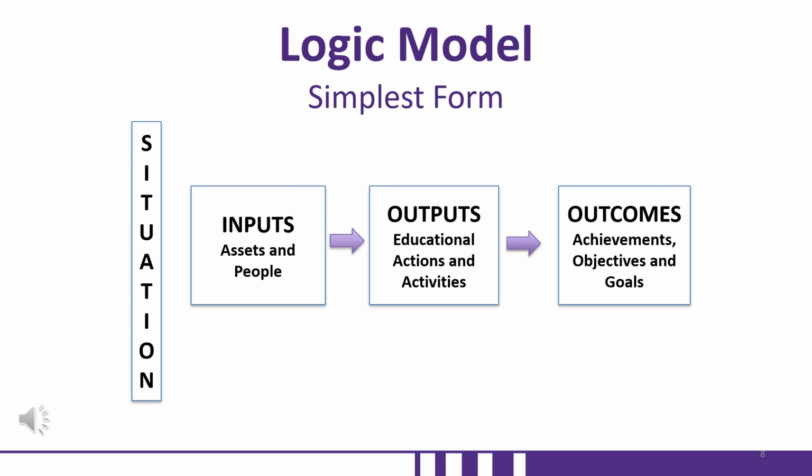Once the agent and PDC determine the issues that need to be addressed with educational programs, agents then develop an action plan. K-State Research and Extension uses the Logic Model framework to develop proactive programs. This framework has been used nationally by Extension and other groups for more than 25 years, and it is often required to be used when applying for state and federal grants. In its simplest form, the Logic Model includes the situation, which explains what is currently happening in a community and includes relevant information such as current demographics and other data.